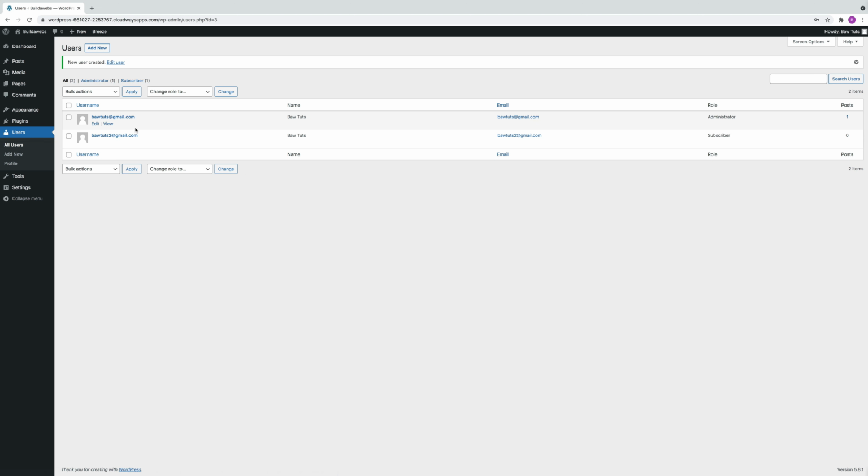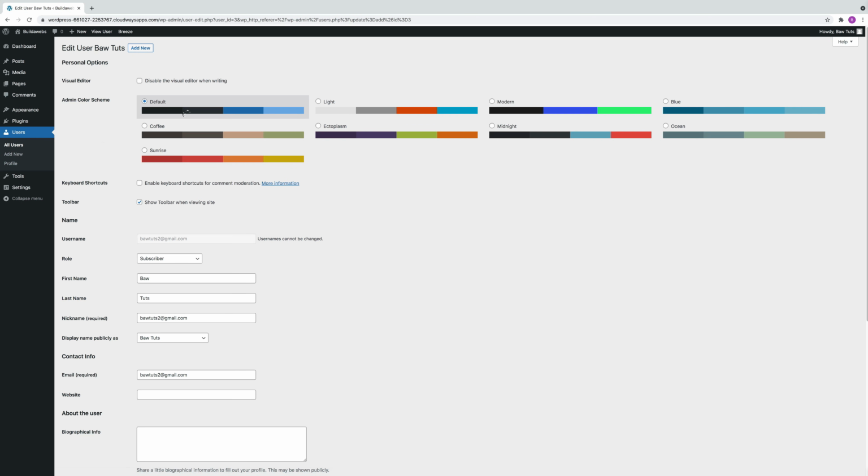If you want to edit a user, and let's edit the new user, hover over it and click on Edit. Of course you need to go to Users first and then click Edit. In here you can change things like the colours and all sorts of different settings. So if you wanted to go for a sort of light colour, you could do that, but we'll leave it on the default. You can change stuff like the name, the last name,